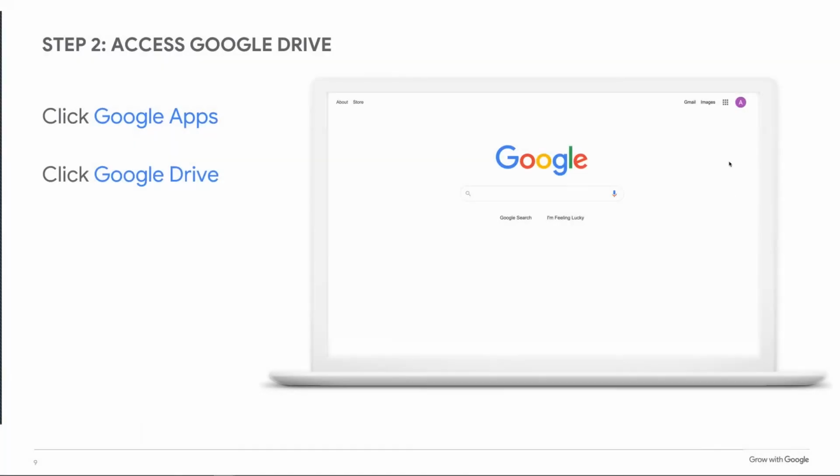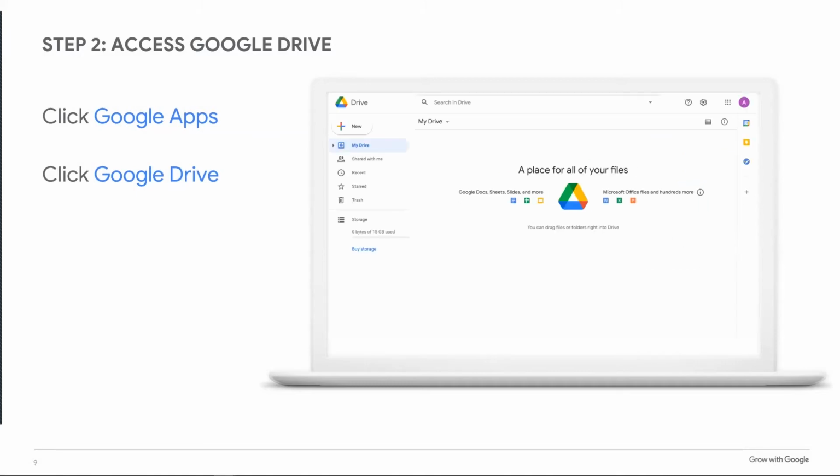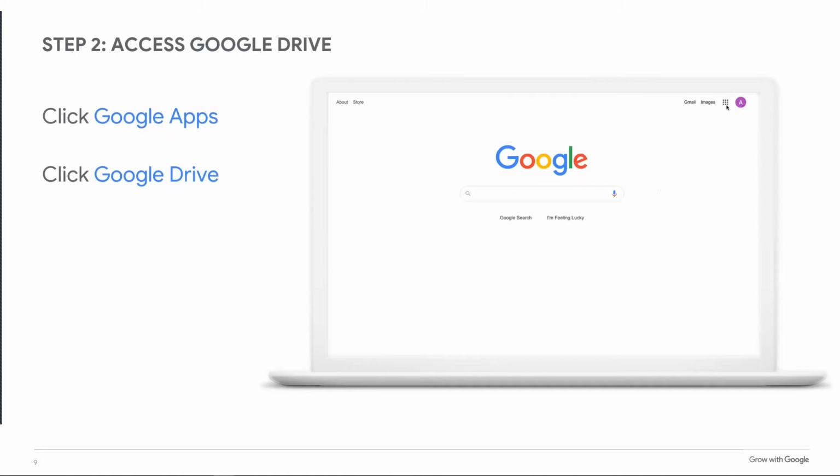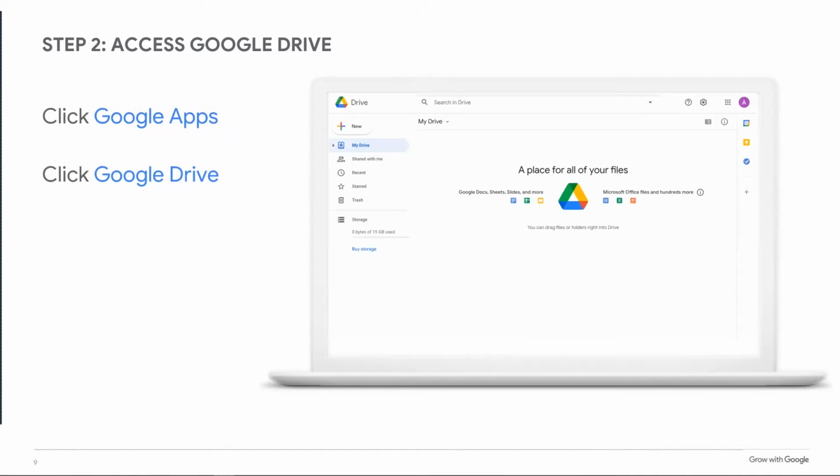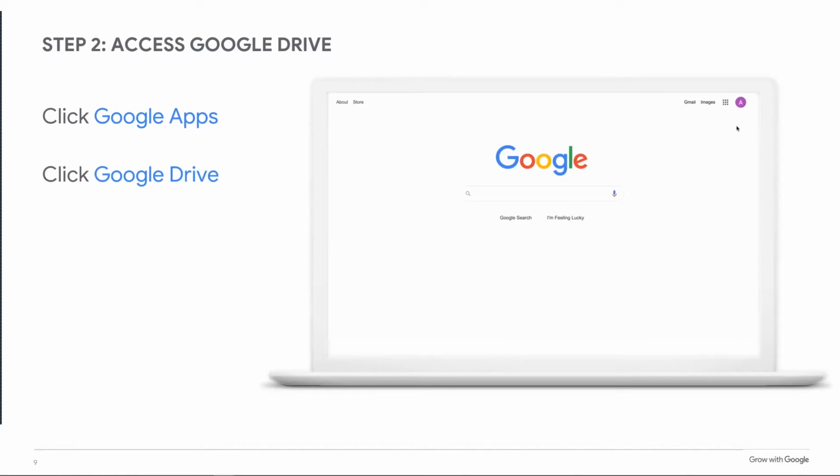And then from there, once you're signed in, check up in that top corner. If you're already signed in, make sure it's your initial up in that right-hand corner. A couple of our classes, now that we have kids working a little more remotely and on Google Classroom and things like that, a lot of times they'll have a spouse or a kid or something other than you signed in there. If it is not you, click on that and go ahead and switch the account over and make sure you're creating stuff on your own account and not on somebody else's. We've had that happen a couple of times.